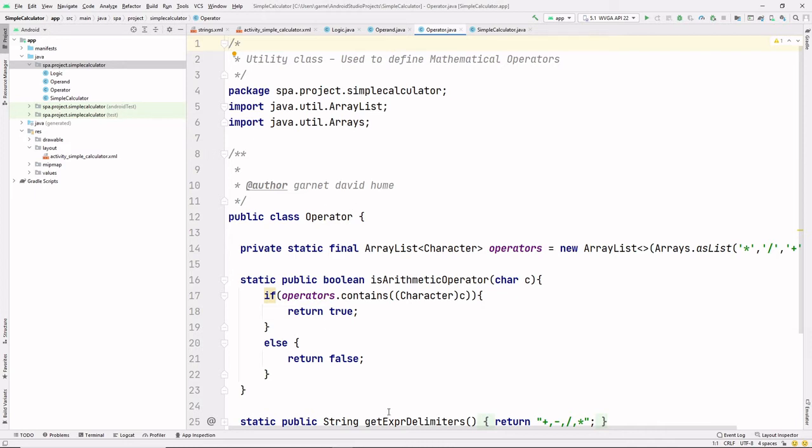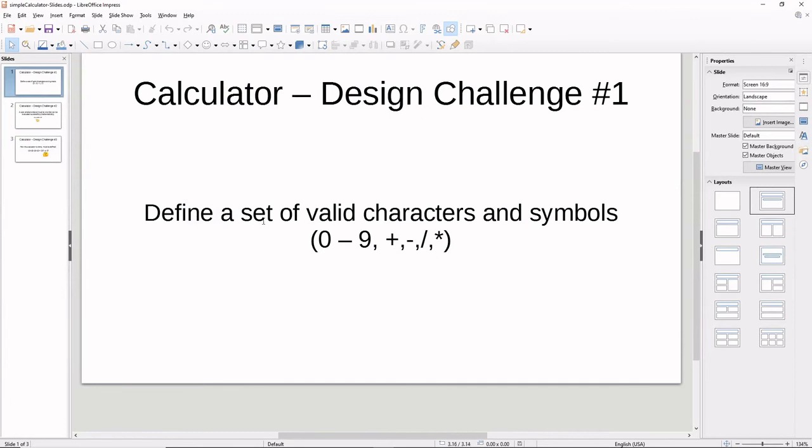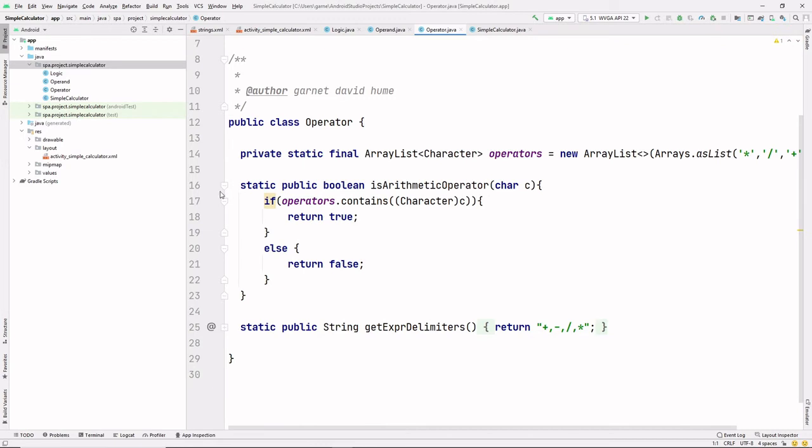And we saw in this slide that the valid set are the numbers 0 to 9, plus sign, minus sign, forward slash, and the asterisk. And in program code, it's pretty simple to do this. So I declare